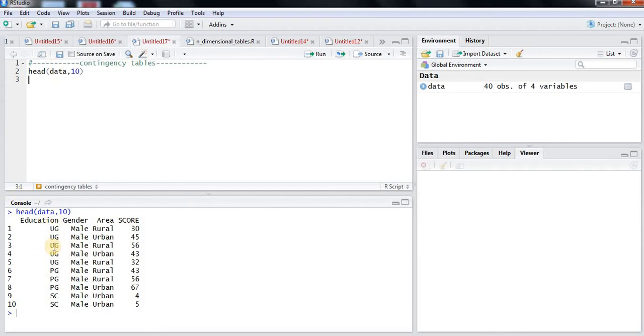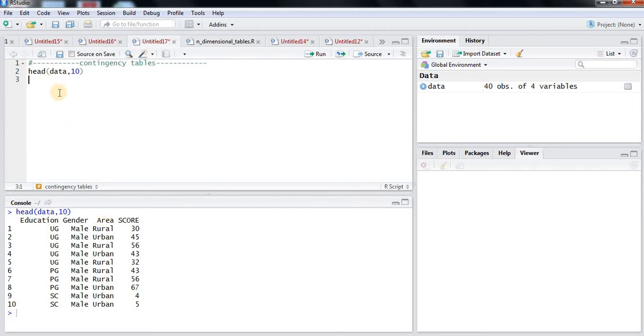This is my data wherein a score of a particular competitive exam is indicated in the last column. Participants are undergraduate students, postgraduate students, and even schooling students also are there. The gender column considers male and female as the two categories, and in the area column there are the two variables, rural and urban. So this is all about the data.